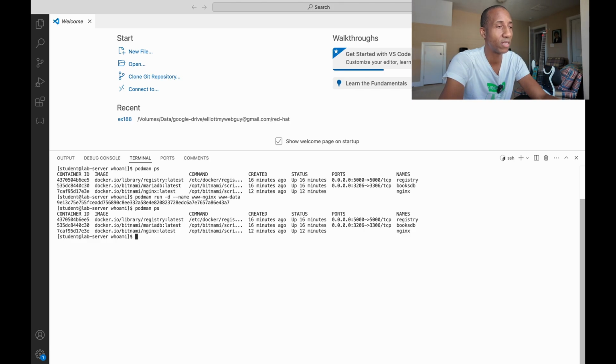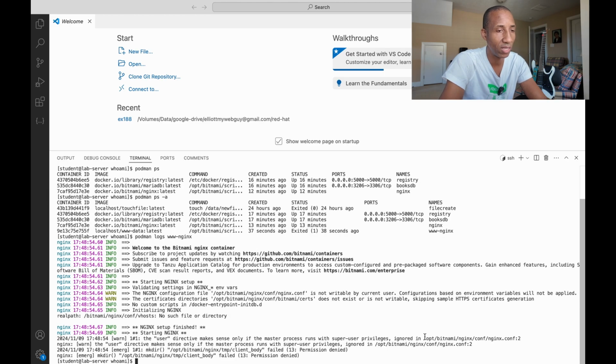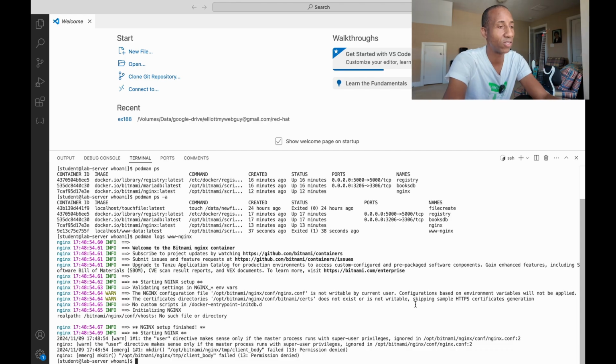Because if we look at the error message, podman logs www, it says ignored in opt nginx conf nginx.conf. So if we actually open this file up inside the container,